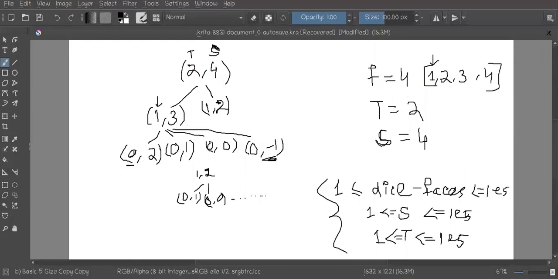So as I get 2, that means I did not get the given sum, isn't it? How can I say that the given sum was not reached? In the first trial I get 1, in the second trial I also get 1. So when I sum them up, it will give me 2, not 4, right? So this is what I'm saying. As I failed right here, let's try another possibility.